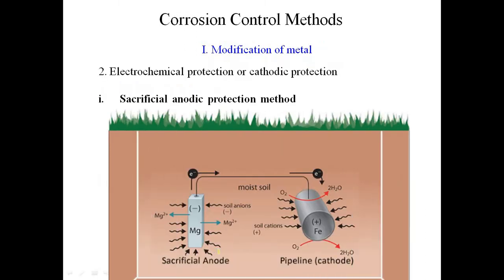So let's move to the next topic. When we talk about the modification of metal, we have a choice of electrochemical protection, also known as cathodic protection. Within this section, we will discuss two aspects. The first one is the sacrificial anodic protection method. In fact, in this method,